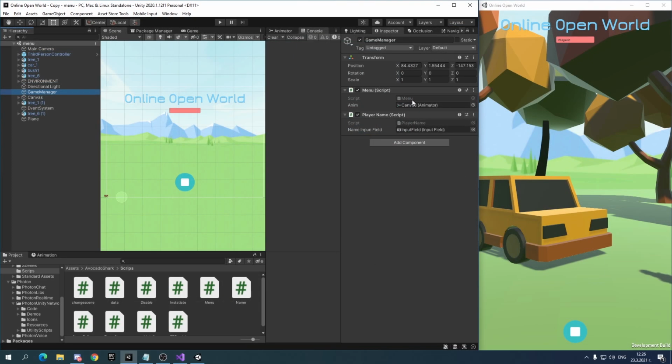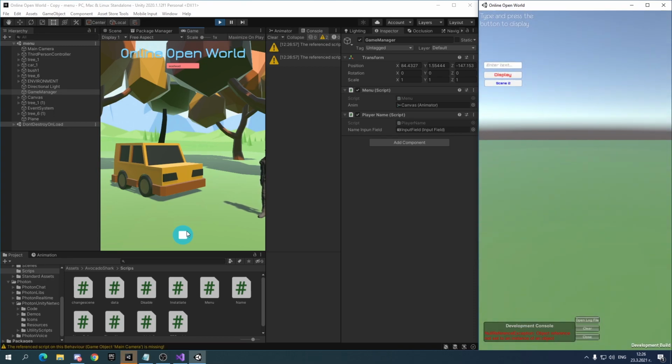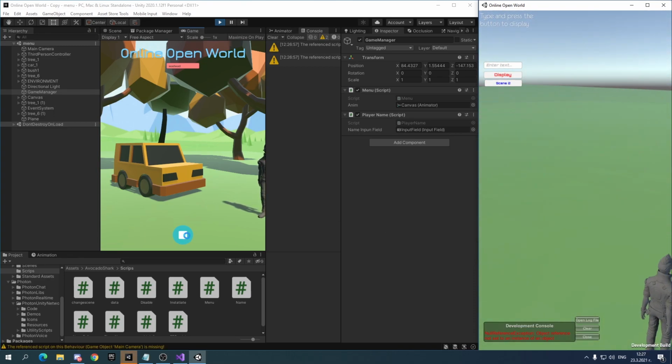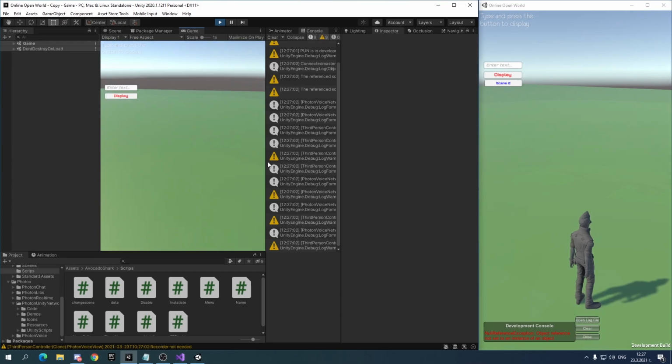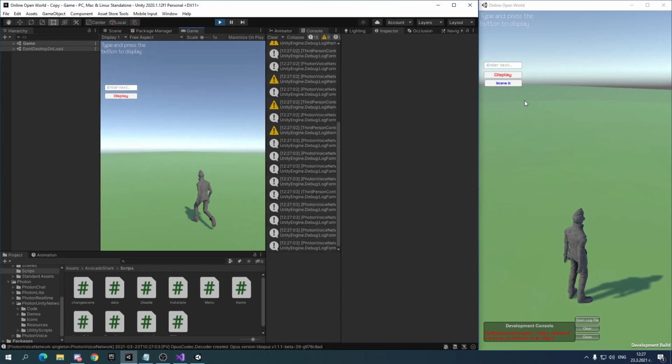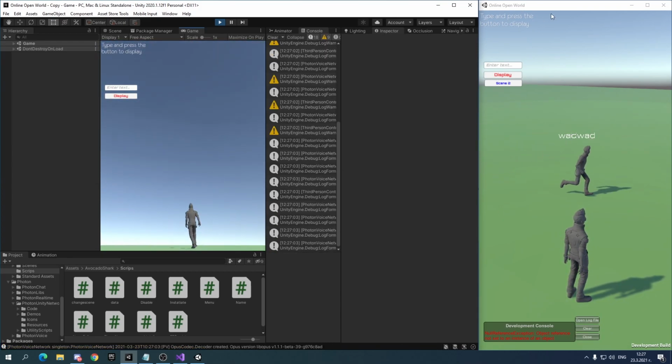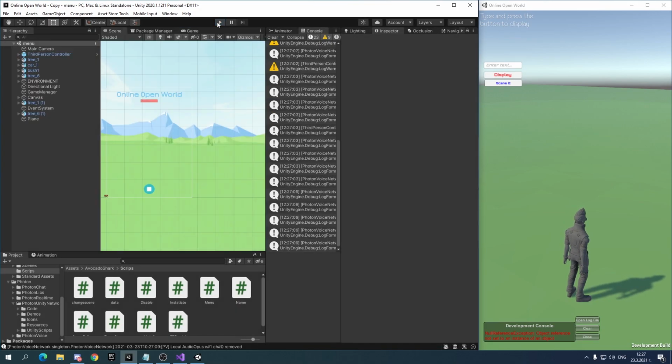Now what I have here is the game on the right side and Unity on the left, and what I will do is, this game has the game version of 0.2, and if I right now join, I should join the same room as this client, which I do, as you can see. But if I then disconnect